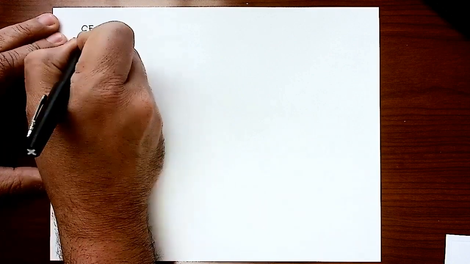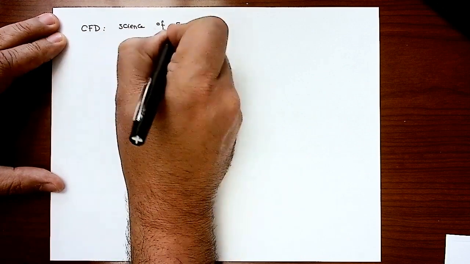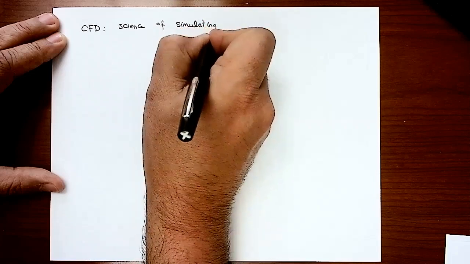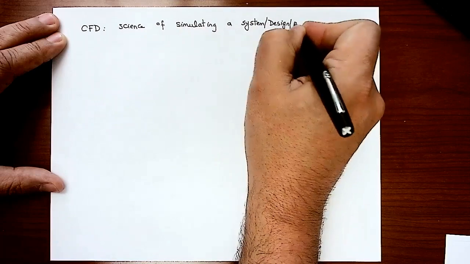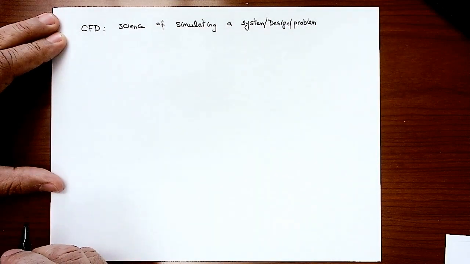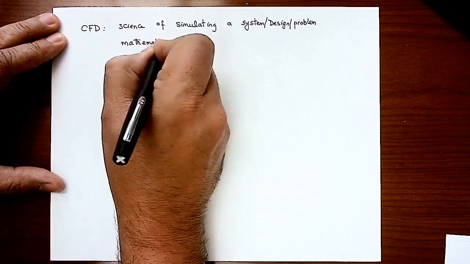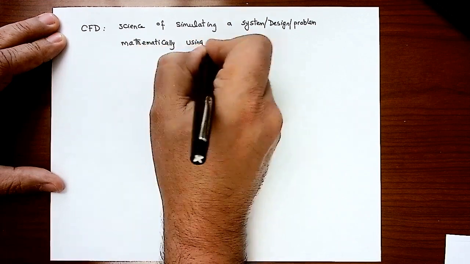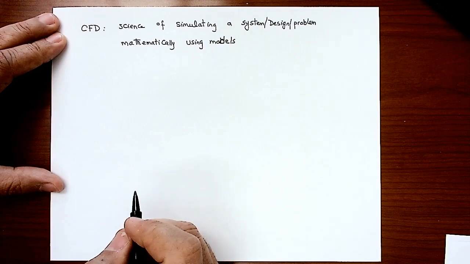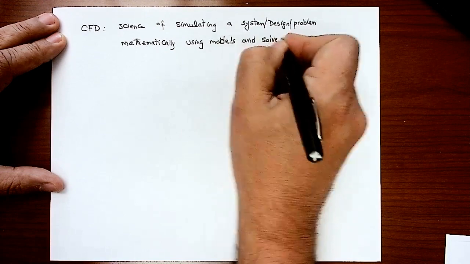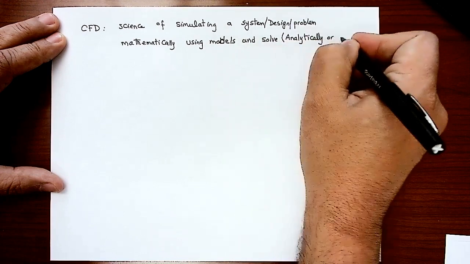So if we want to give the extended definition, CFD is the science of simulating a system, a design, or a problem mathematically using models, and solving these models either analytically or numerically,